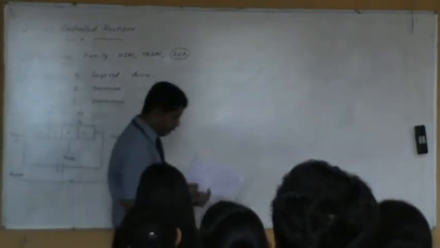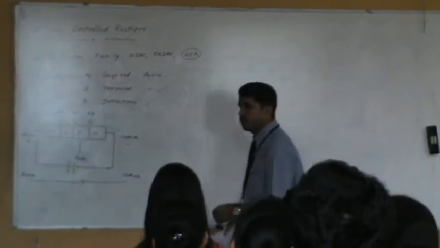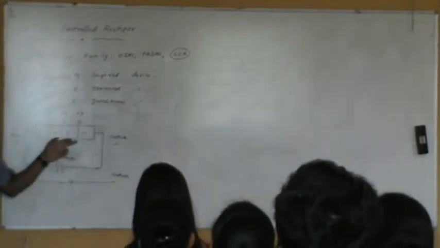You understand this? If I increase my voltage between the anode and cathode, suppose I connect a power supply here in this manner, now do you think current will go through the device? You must answer whether current flows or not. Current flows here? How many of you agree with this?